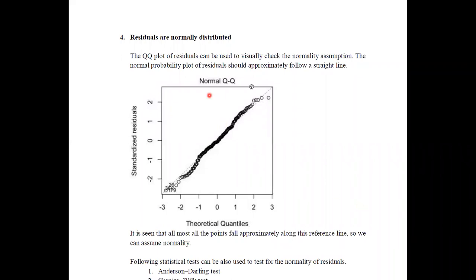Using this plot, you can identify whether the residuals are normally distributed or not. If all the points lie on a straight line, then we can say the residuals are normally distributed.